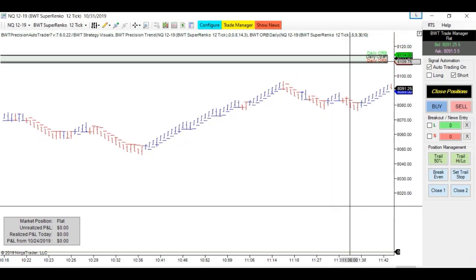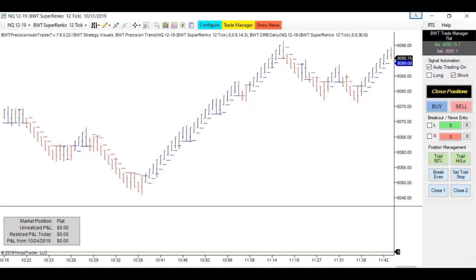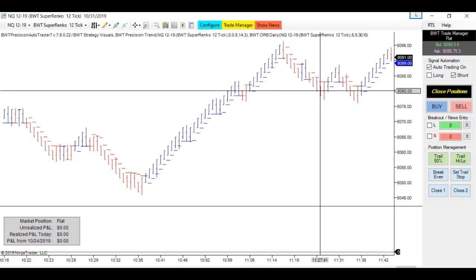So we are below the open range. The auto trader will take a short now that I mark the shorts. We had a bounce of the lows. To me, 93 is a very important number. So as long as we continue to struggle with 93, that opens up the door to possibly new lows for